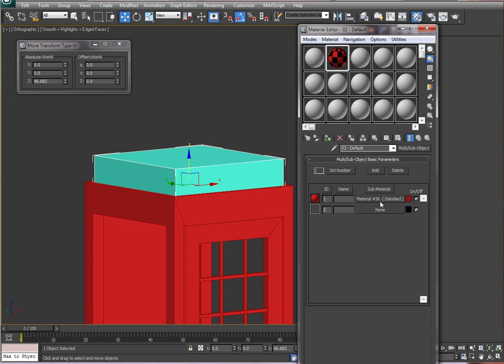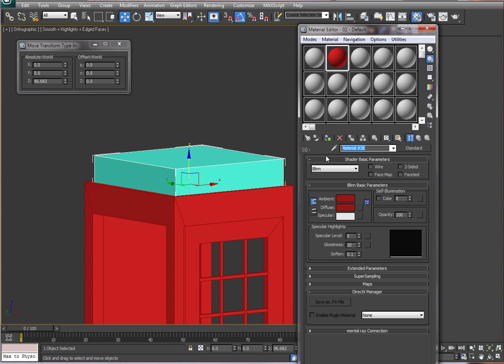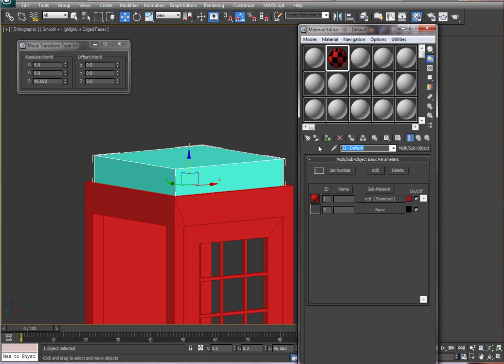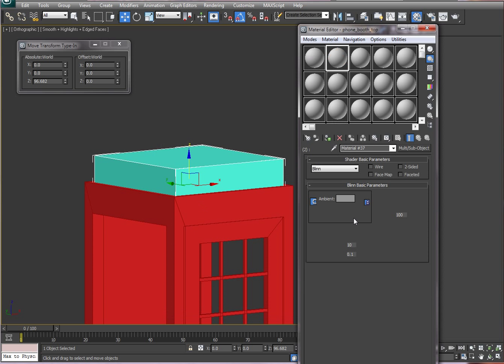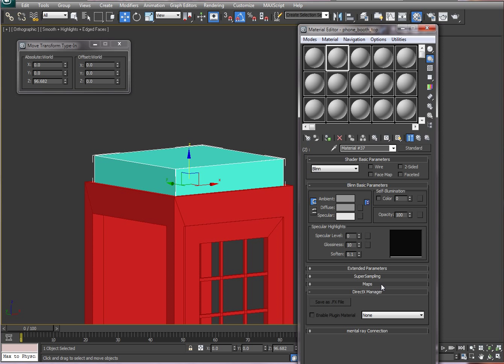So material 36, which is not the best name, is my ID1 material. To change that name, I can sweep over material number 36 and just hit red, go back to the parent. I can change the default name to phone booth top. It's highly recommended that you do not use spaces in names, so use underscores preferably. To get the second one started, I will click on None and click on Standard, and under Maps I